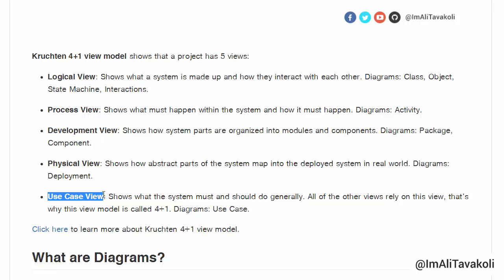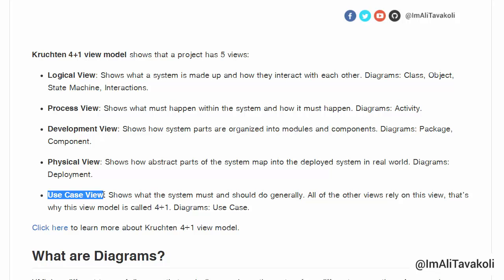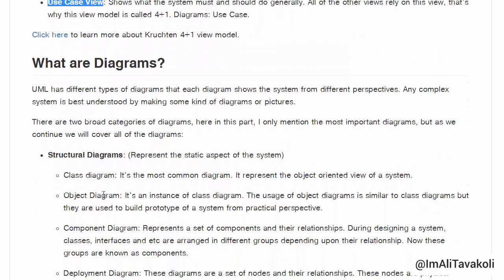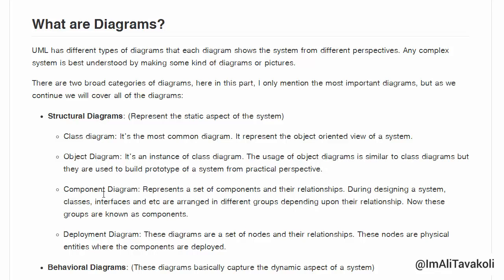So what are diagrams? Well, UML has different types of diagrams, and each diagram shows the system from different perspectives. There are two broad categories of diagrams: structural diagrams and behavioral diagrams. Structural diagrams represent the static aspect of the system, such as the class diagram, which represents the object-oriented view of a system. Object diagram, which is an instance of a class diagram, and it's actually a prototype of a system from